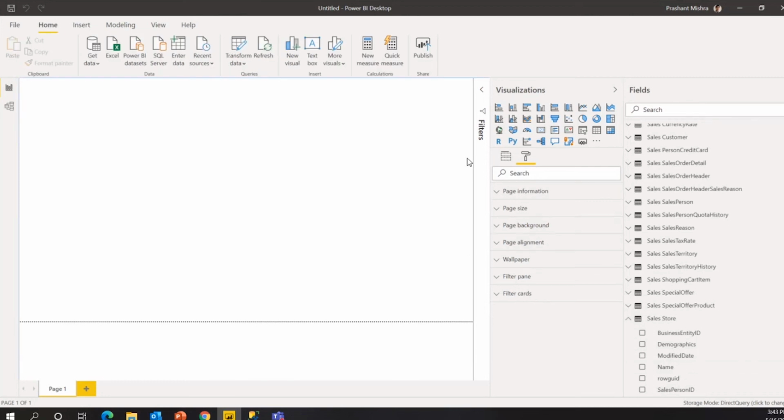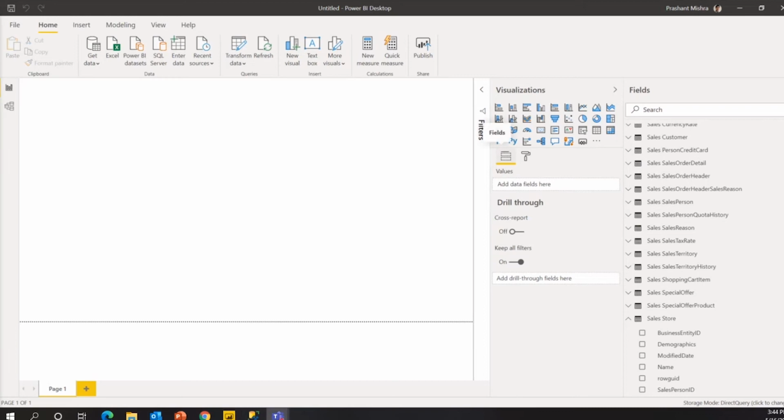And remember, this brush kind of logo is for editing the page. When you come back here, it will bring you to all the values, fields, whatever you want to add. So first I want to select a chart type, what chart I want to use. Suppose I just want to see the count of number of sales. Just give me one moment.